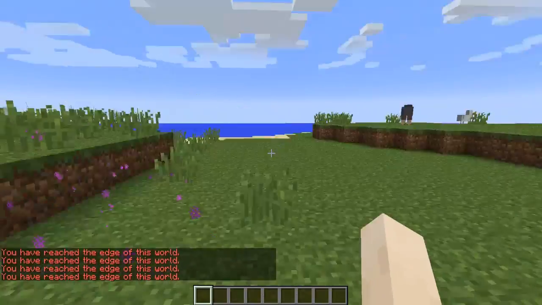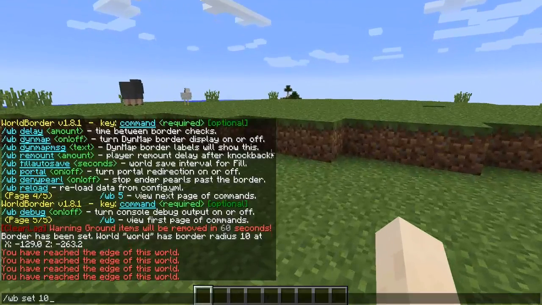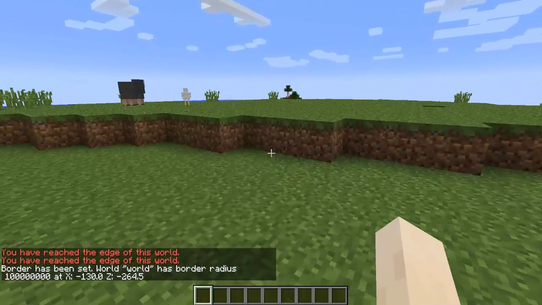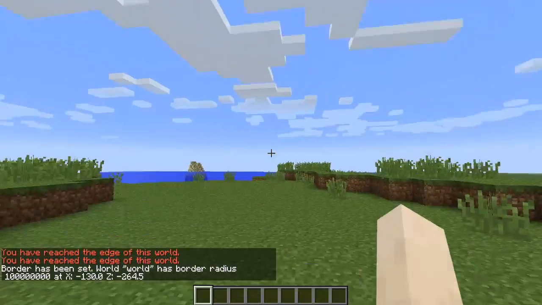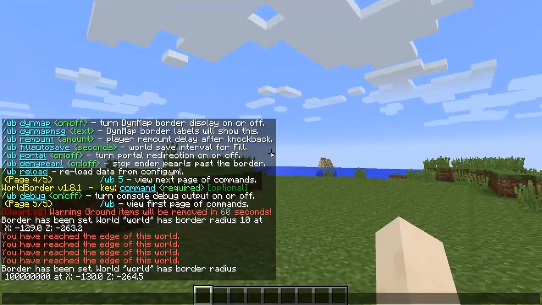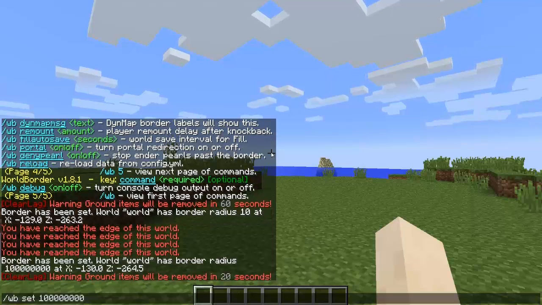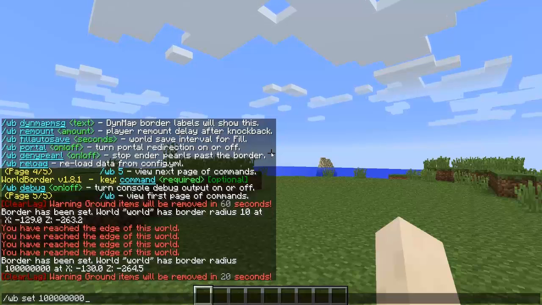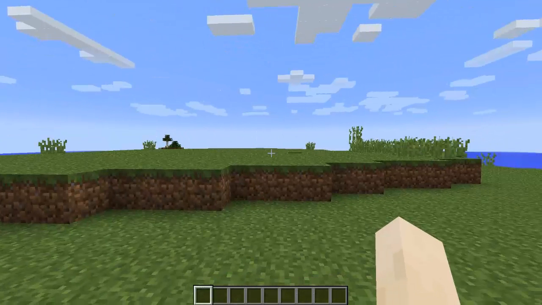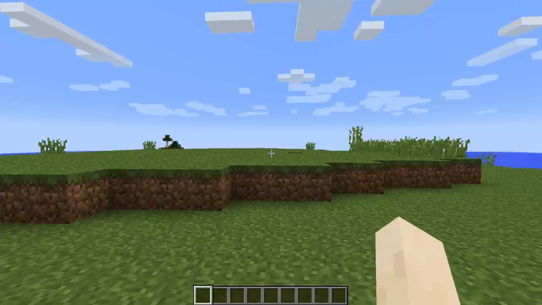So yes, you can set this to a massive world border all the way out there, and on a PvP server this would probably be recommended at 5,000 maybe. You can go more and up if you want to do a venture server and stuff like that. So yeah, that's the main command in World Border. If you do want me to go over it, please ask like normal. And let's get on to our last plugin.